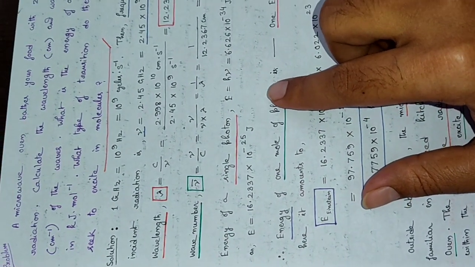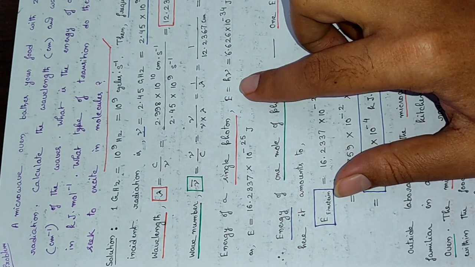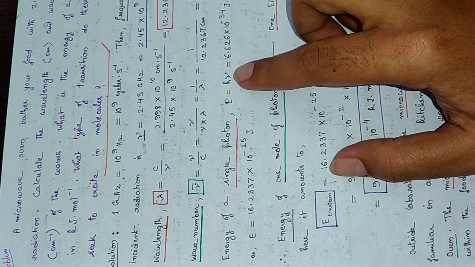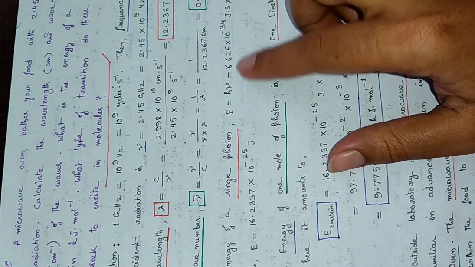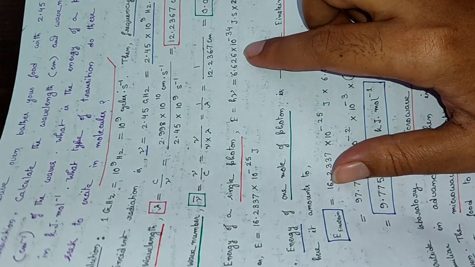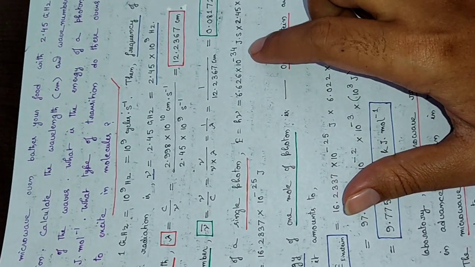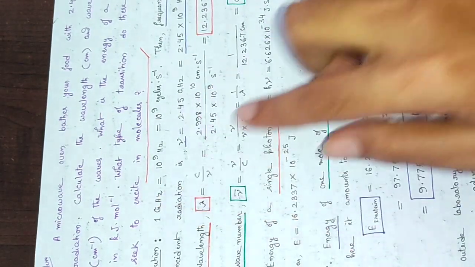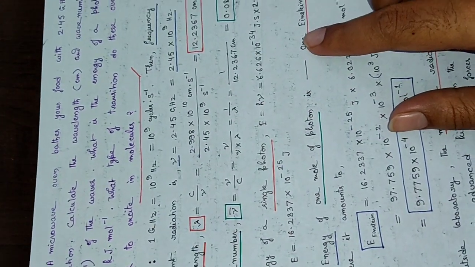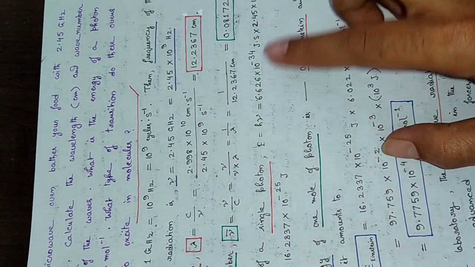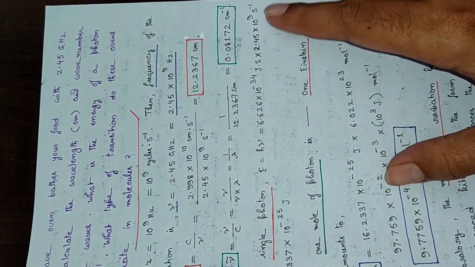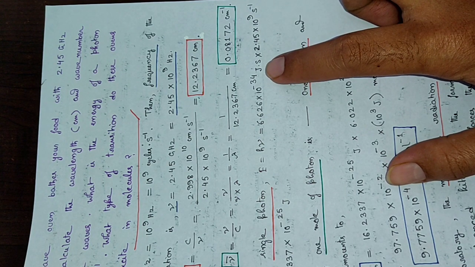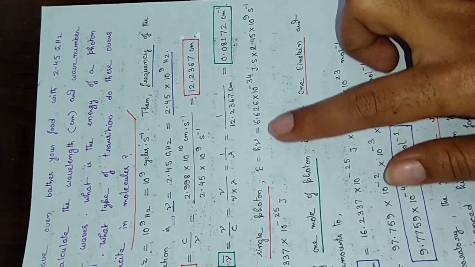For this, first we have to determine the energy of a single photon. So energy of a single photon, E equals to h nu. This is as per Planck's law, and h is 6.626 into 10 to the power minus 34 joule second. We are trying it with joule since they have demanded to express the result in kilojoule per mole. So it is joule second, and the frequency is 2.45 into 10 to the power 9 per second. So per second and second will cancel and joule will be left, and that is obvious since we are finding out energy.